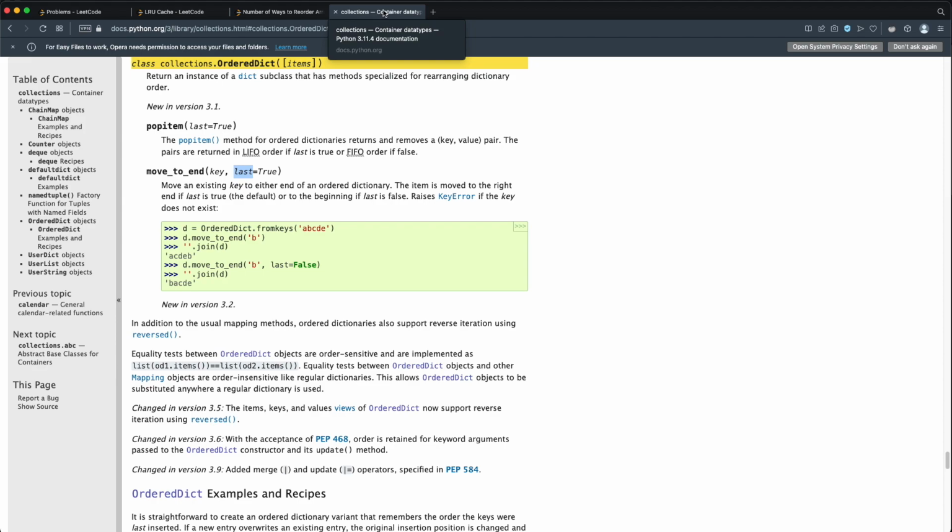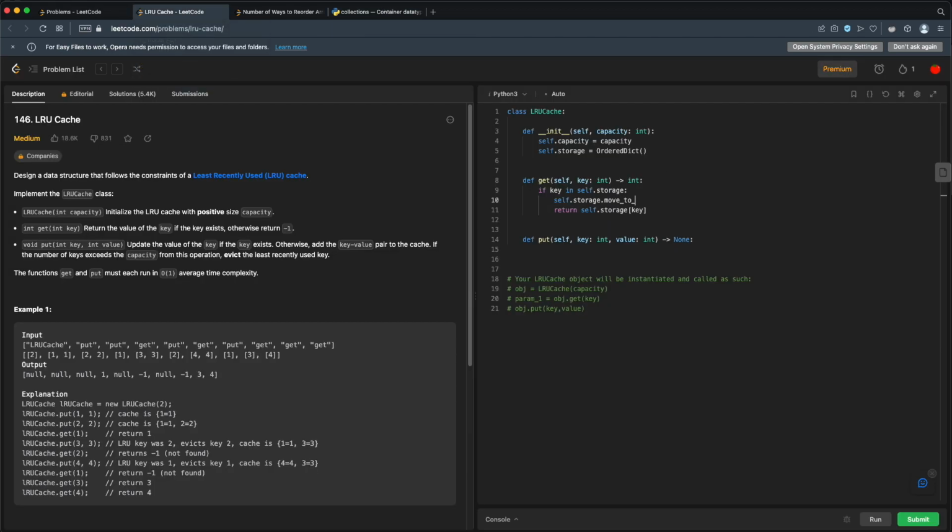That was move to, let's take a look. I think it's move to end. Yeah, move to end, key, and our last. So we'll move this to the end with our key, but we want to move it to the front actually. So we're moving it to the end with a false, saying that we're going to move it to the front of our list. So essentially our ordered dictionary is keeping track of the order in which we're entering values into